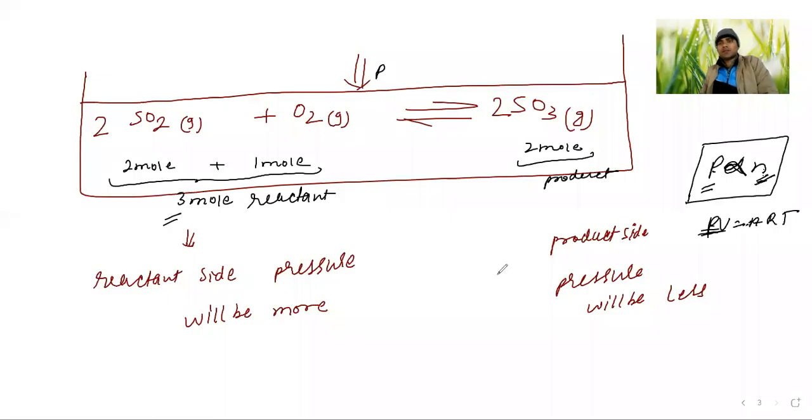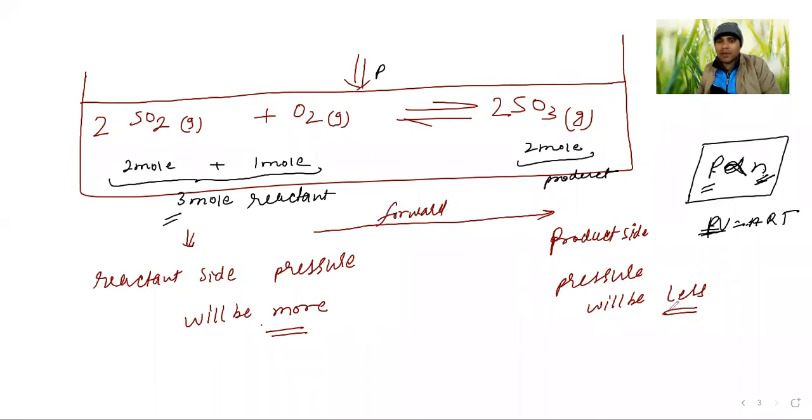Equilibrium shift. Which direction will the equilibrium shift so that the decrease and increase will be equal? Which direction? Increase. It is less, it is more. So where should it go? Forward or backward? Sir, it will go forward. Okay, very good. Forward.